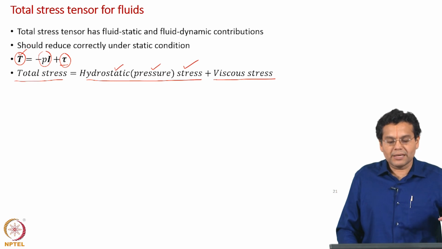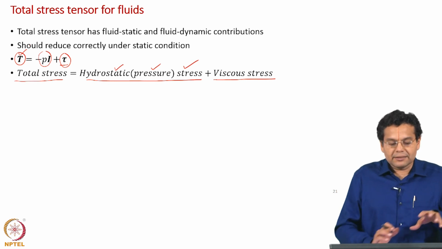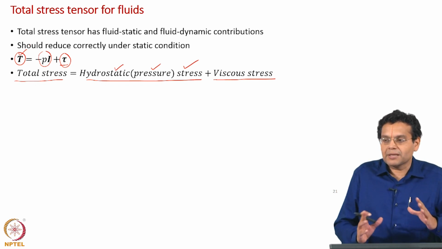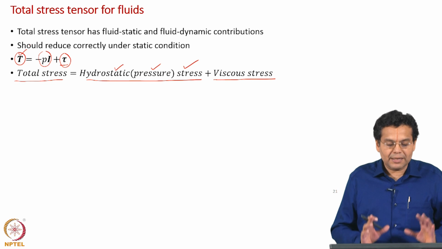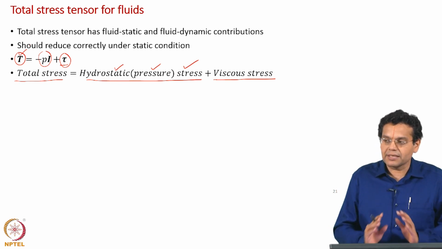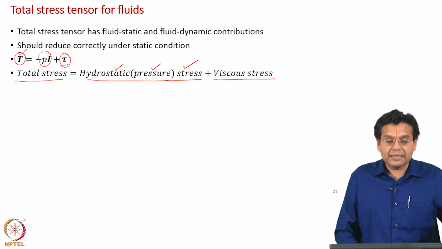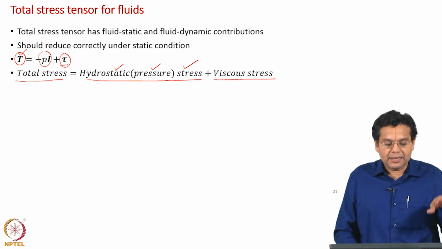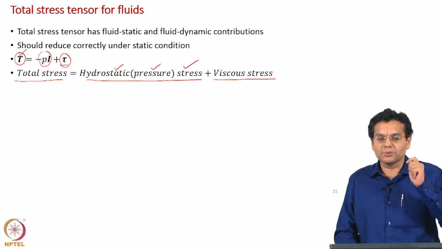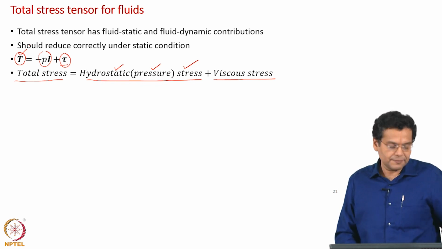T has two components, hydrostatic and viscous. This tau in fluids and the tau in solids are analogous. How, you will understand as we go along, but that is why the same nomenclature is used. The physical significance is everything same, but T has one extra additional component. That is why the moment we entered fluids, in the first line I said let us introduce total stress in fluids. Okay.